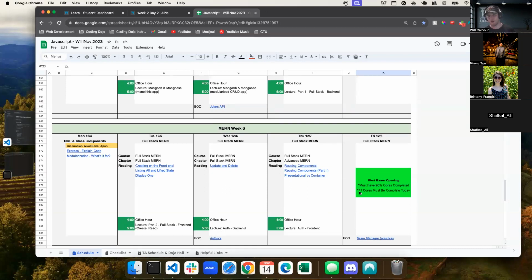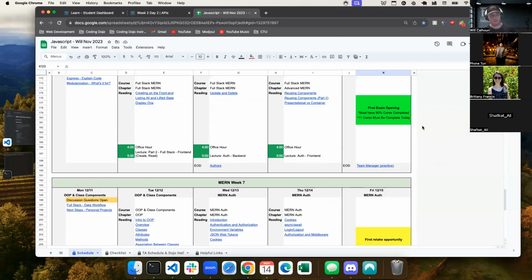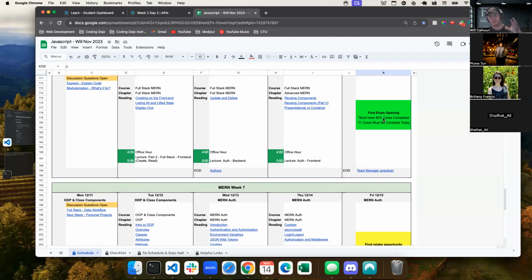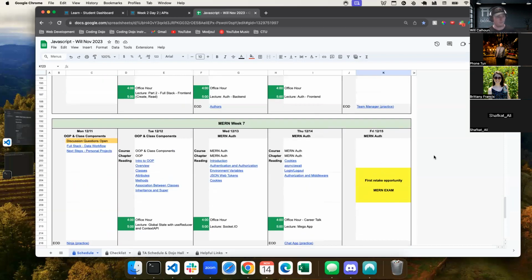Once I give you an exam code, it'll be good for the duration of the cohort. So really until Tuesday, that'll be the last day to start it. So if you wanted to give it some time, that's fine. I would always encourage you, take it that week or that weekend if you can, unless you work on the weekend, then I totally get it. But take it as soon as you can, because if there's any sort of failures or any sort of issues, you can kind of get through that and we have some time, versus if you wait until Tuesday to take your first exam and you fail it, then you have to retake the entire course. So definitely make sure you do that.